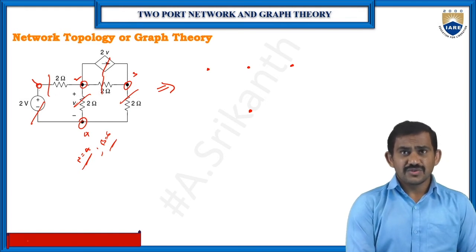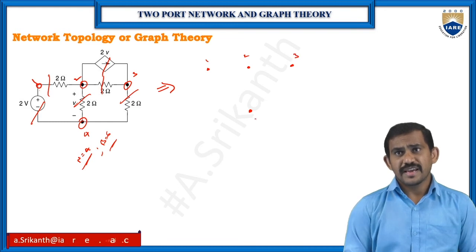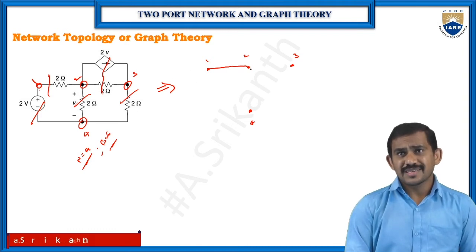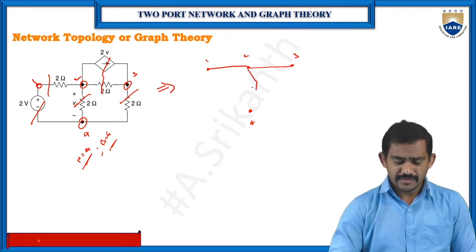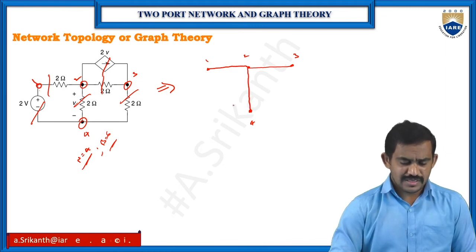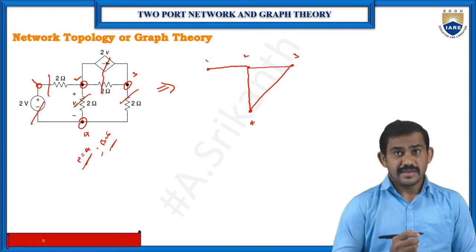Between 1 and 2, I have one resistor, so I have one line. Between 2 and 3, I have one more resistor, so I have one more line. Between 2 and 4, I have a resistor, so I have one line. And last, between 3 and 4, I have one more resistor, so one line. Okay, now